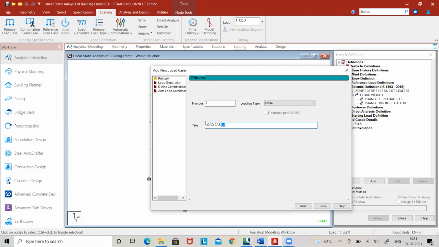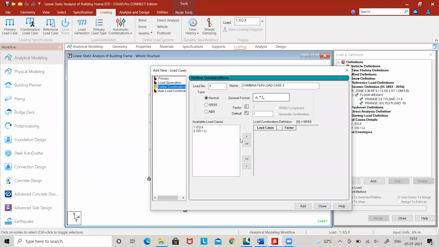And in the next load case, I will make dead load and live load. So I'll make it dead load plus live load. Just for reference, this is actually a name only. And in that, as per the reference name, we are going to add the respective loads. Later, if you want to make combinations, you can make a combination.